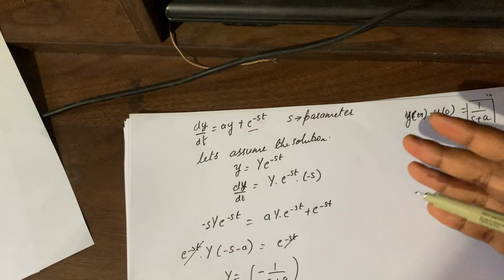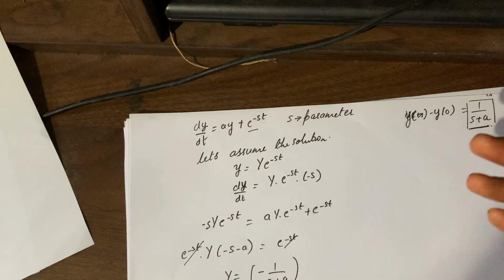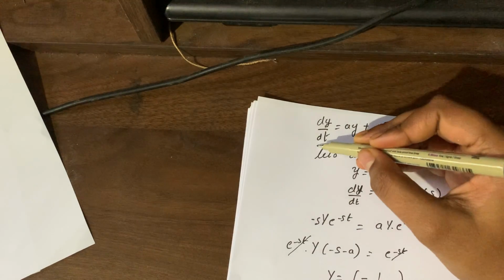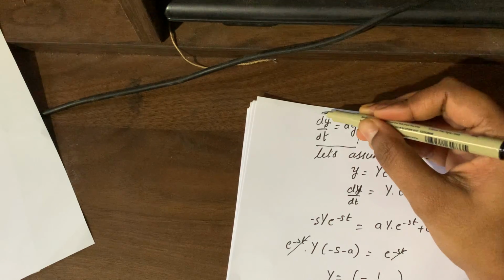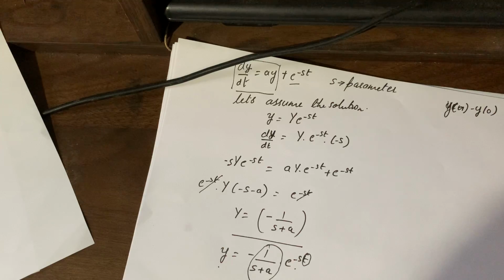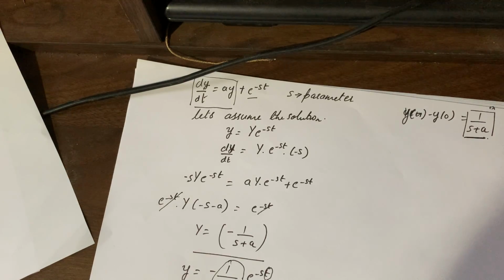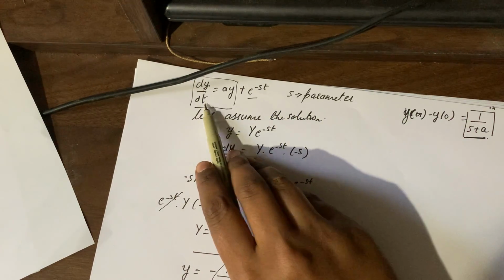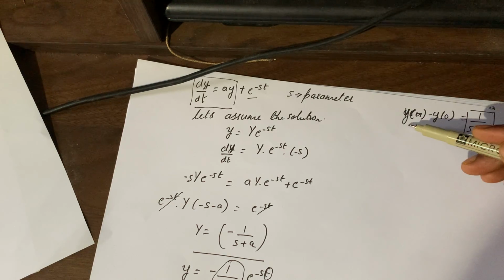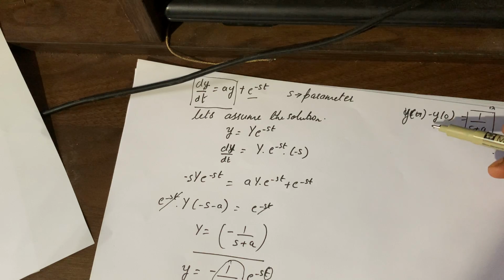And when I came across this, I thought, okay, so that means when I give an input exponential source to a first order linear equation, if the system is modeled as a first order linear equation, I know the solution is going to be this. And the important part is I can just model this differential equation as a linear equation of 1 by s plus a, and actually study its behavior between infinity and 0, when t goes from 0 to infinity. So we know that it is going to be 1 by s plus a.